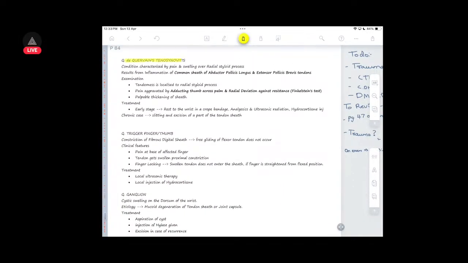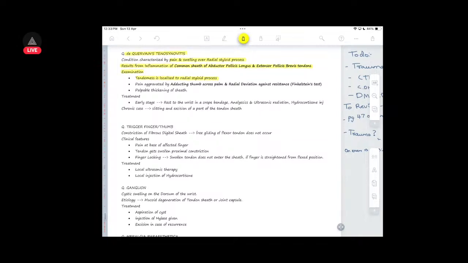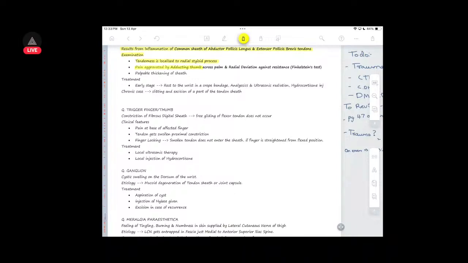Then we have de Quervain's tenosynovitis, a condition characterized by pain and swelling over the radial styloid process. It results from inflammation of the common sheath of the abductor pollicis longus and extensor pollicis brevis tendons. On examination, tenderness is localized to the radial styloid process. Pain is aggravated by adduction of the thumb across the palm and radial deviation against resistance, which is Finkelstein's test, and